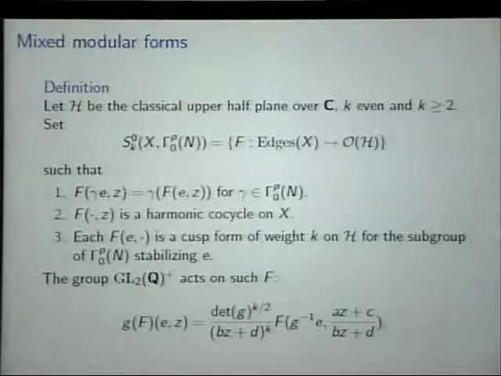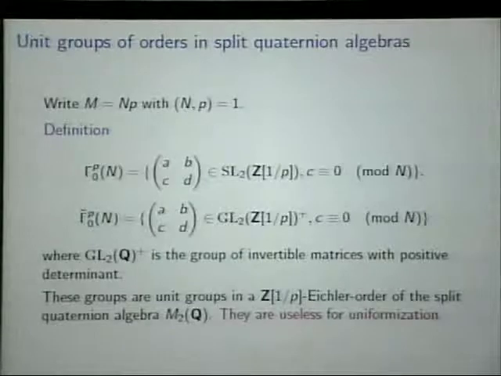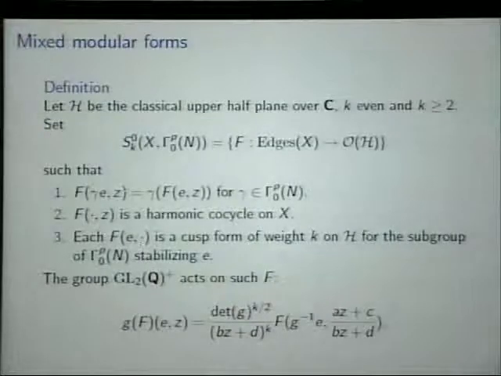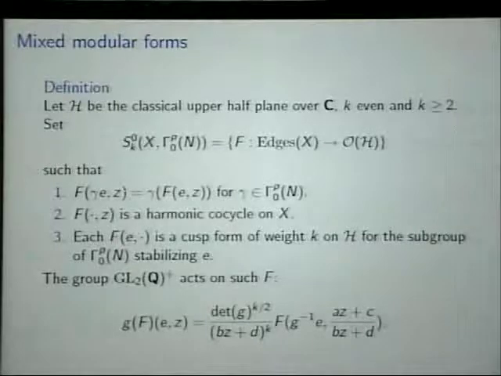And if you intersect that with gamma naught of Pn, the condition becomes, now these have to actually be honest integers, not anymore Z[1/p], because they have to be p-adic integers. And you've added a congruence condition to this lower left-hand entry. Not only do they have to be congruent to 0 mod n, but also now mod P. So in fact, this condition here, if you took the standard edge, you have a usual modular form for gamma naught of NP. The other edges are modular forms for conjugates of that subgroup inside SL2